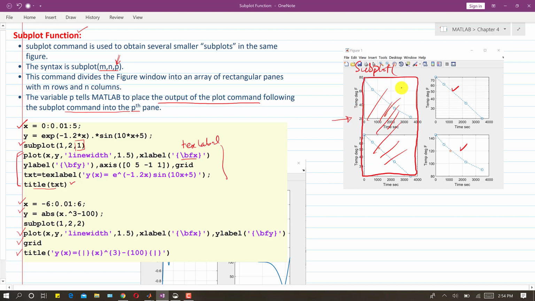So we will tell MATLAB that I want a 1 cross 2 layout. For this plot we divide this figure into 2 columns and 1 row. So I will write 1 row and 2 columns, and then 1. This subplot 1 2 1 will plot this one.